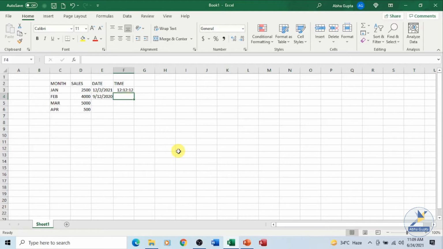We can also specify other types of format for our date and time. We will see that in the formatting part, when we talk about formatting the content of our Excel workbook. Then we will talk about formatting these as a long date or a short date, or if you want to specify some other format, or change the hours, minutes, seconds in some other format, that can also be done. Say if I enter 13/12/12, this is my date.